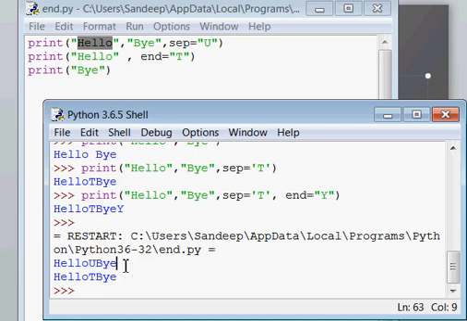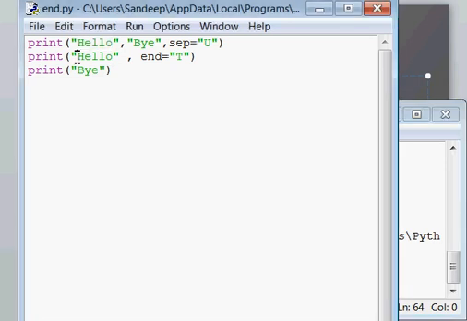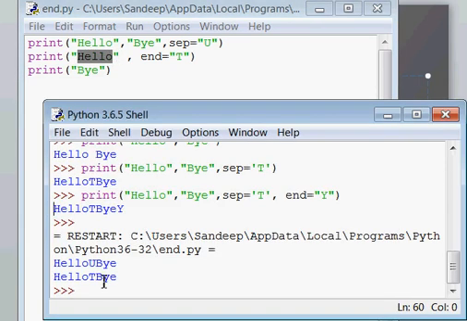So by default, when one enter is done here, your cursor comes to the next line. After that, this statement is printing hello, and you have said end t, which means after printing hello, do not use enter.